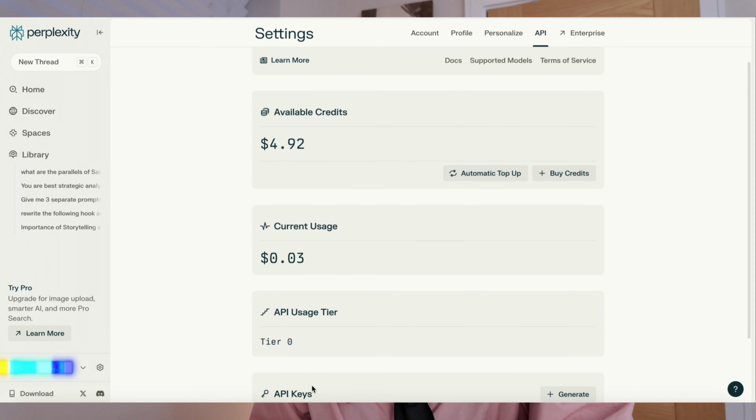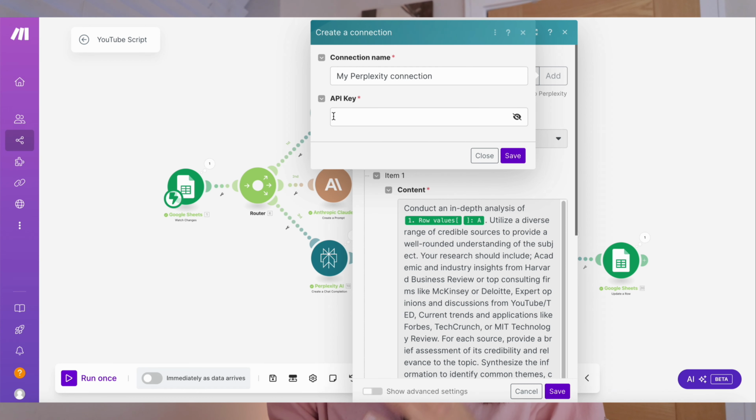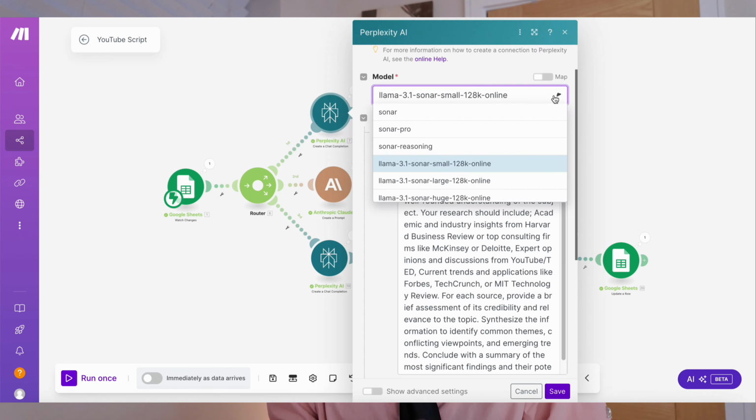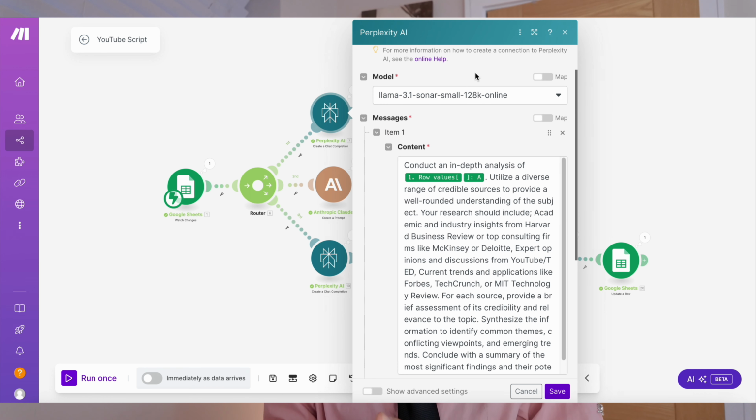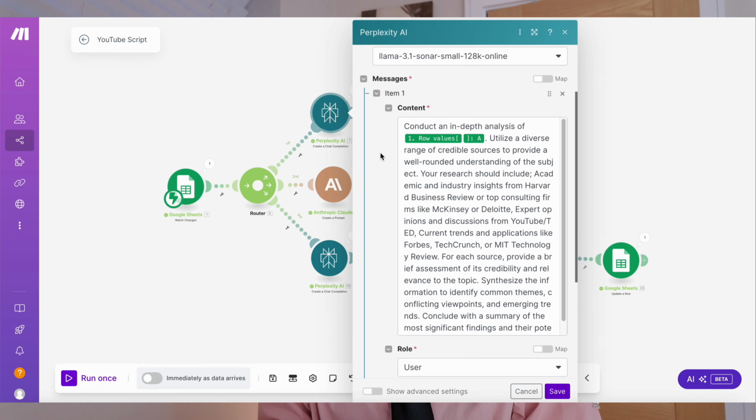In most of the AI tools, to get the API key, you need to add some credit to your account. As you can see, I've only added $5 and it's still going strong. Once you have that API key, you can then choose the model that you want to use for your research. I'm just using the Llama here, which seems good enough. Then I've actually added, as part of the message and content, my full